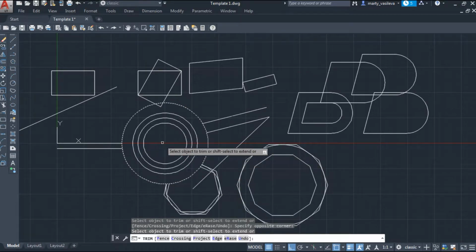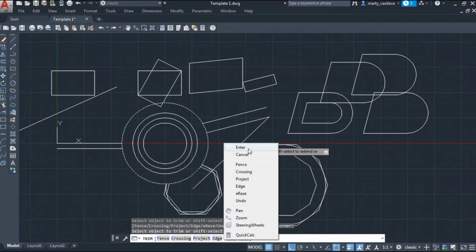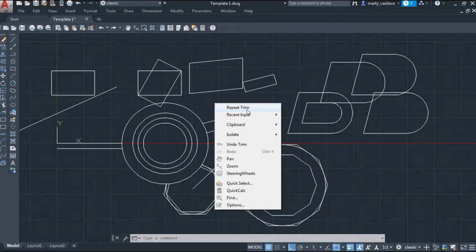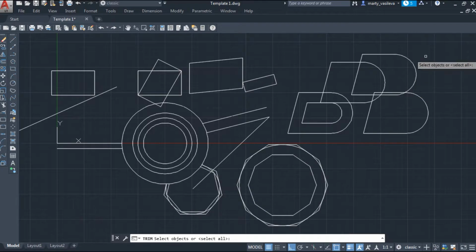And then when you're finished, just right click on the mouse, enter to exit the command. And all these objects are trimmed. Let's repeat the command again. Right click on the mouse, repeat trim, and that's another tip which is quite useful to